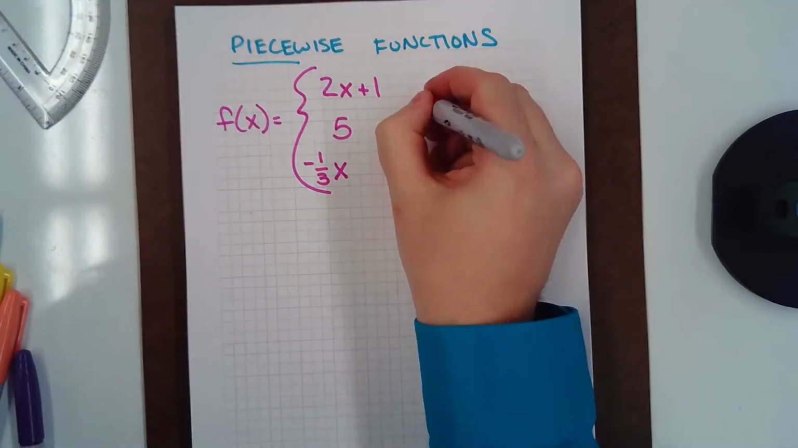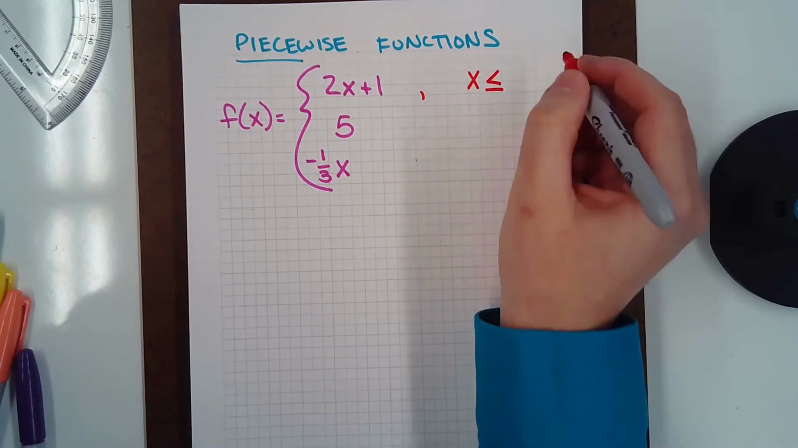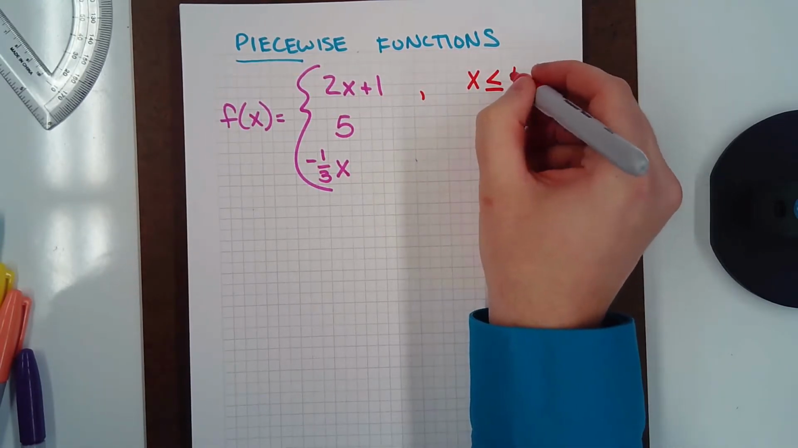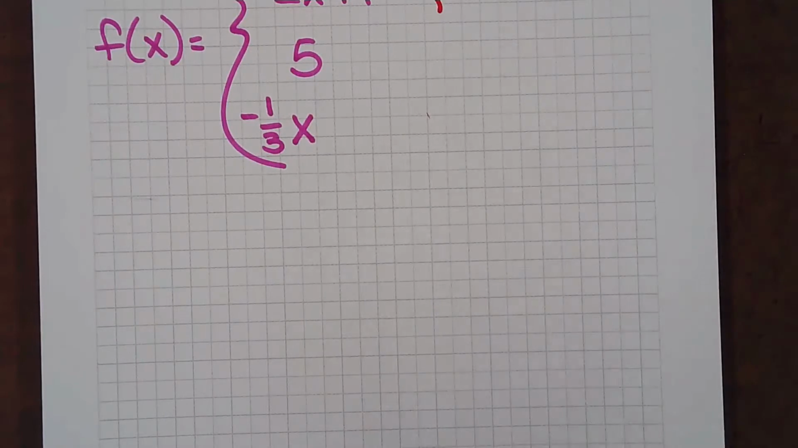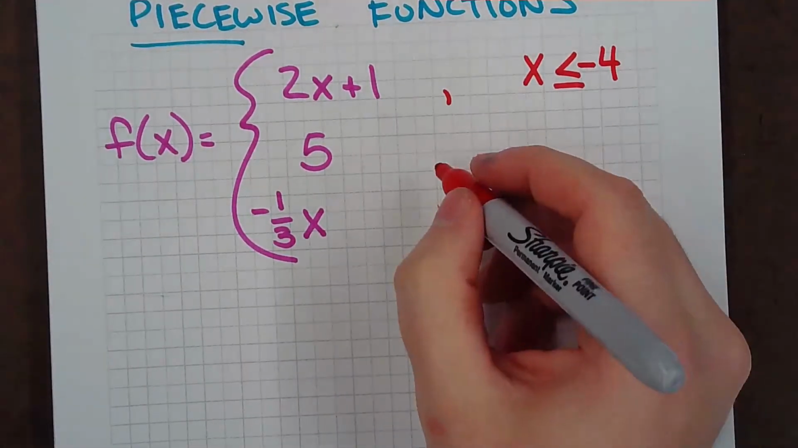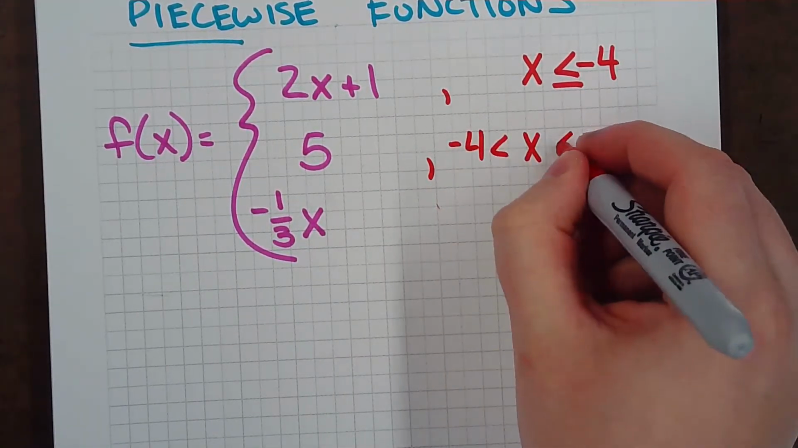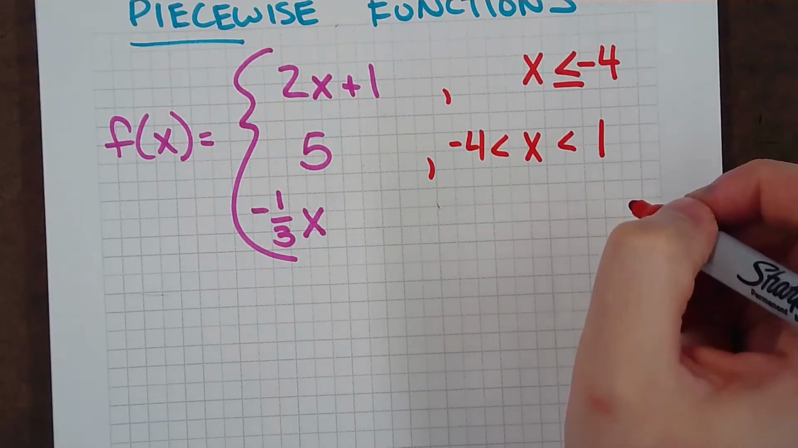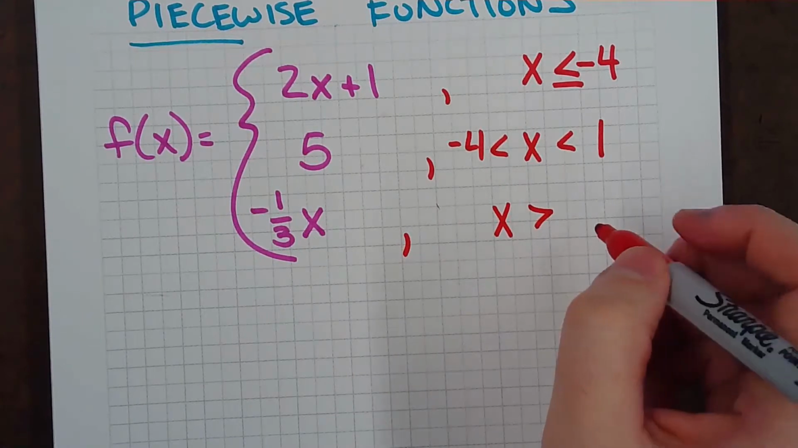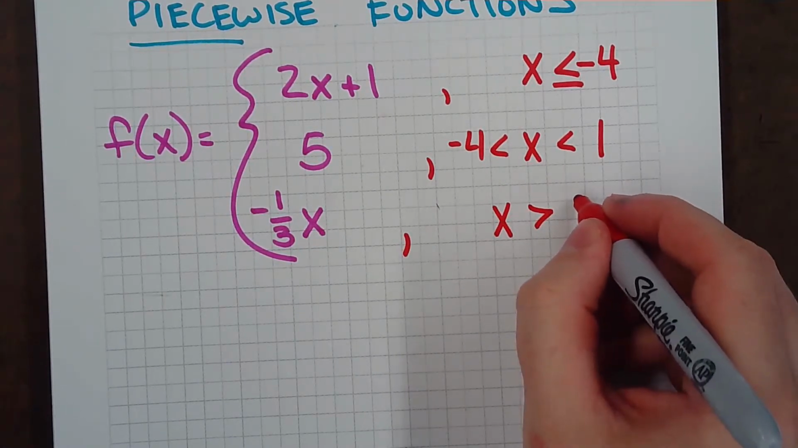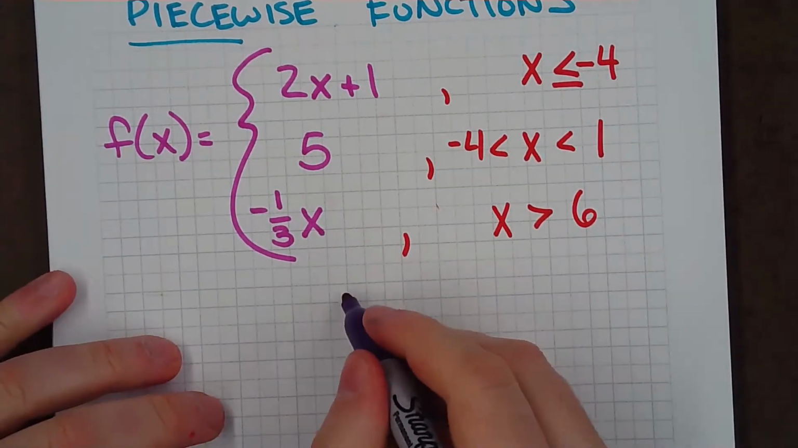So to show you what I mean, the first one might be something like x anything less than or equal to negative 4. Let's do minus 4. Zoom in a little bit. And then maybe this one has a domain restriction where it's for x's between negative 4 and how about 1? And then for this one, maybe it'll have a domain restriction for x's anything greater than, how about 6? So something like that. So if we want to graph this monstrosity,